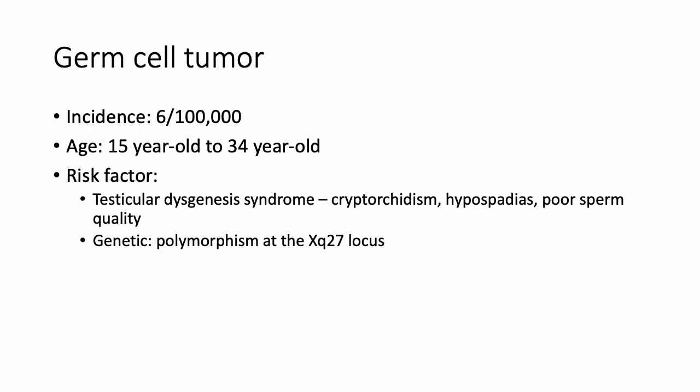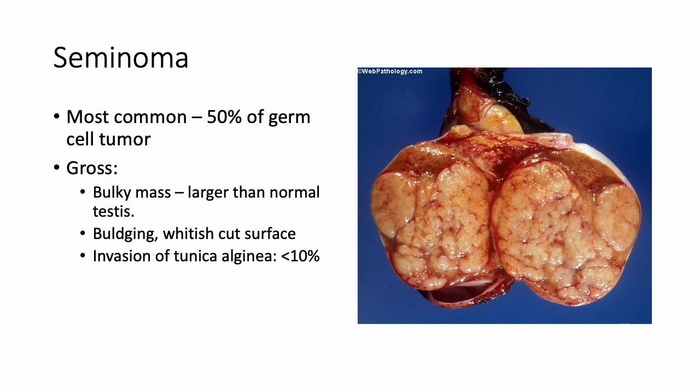For the germ cell tumor, incidence is around 6 per 100,000 people. Age is 15 to 34 years old. Risk factors are testicular dysgenesis syndrome, cryptorchidism, hypospadias, poor sperm quality, and testicular feminization. Genetically, you can see there's a polymorphism at the Xq27 locus. So there are just mutations that occur in a germ cell tumor. For the seminoma,